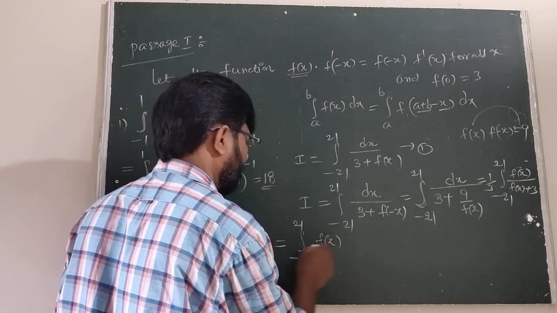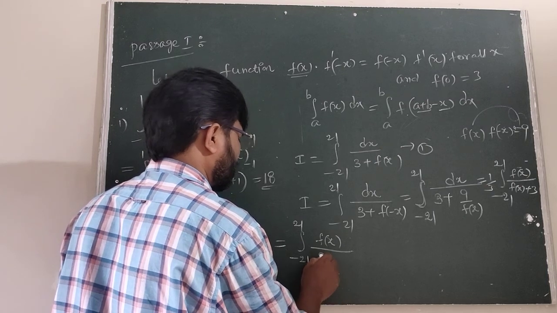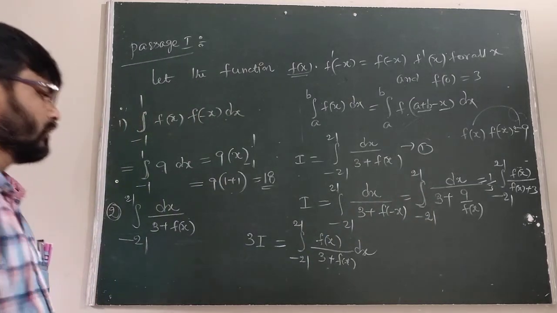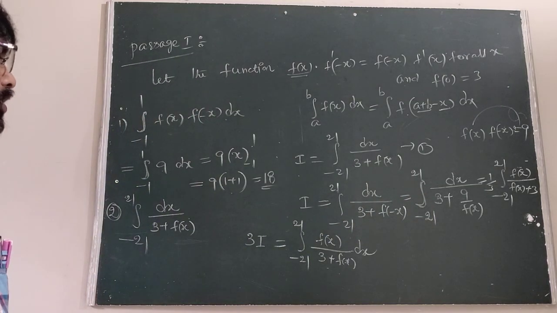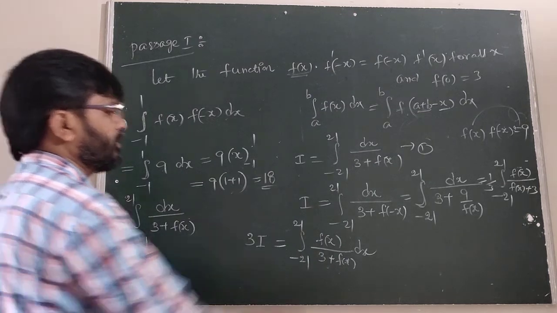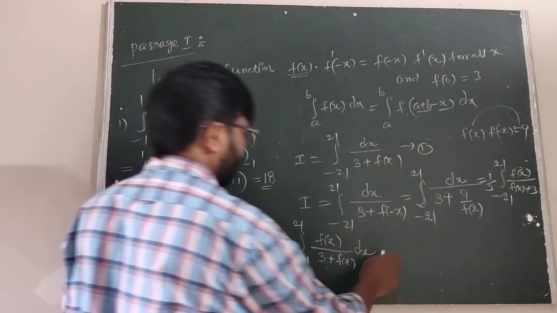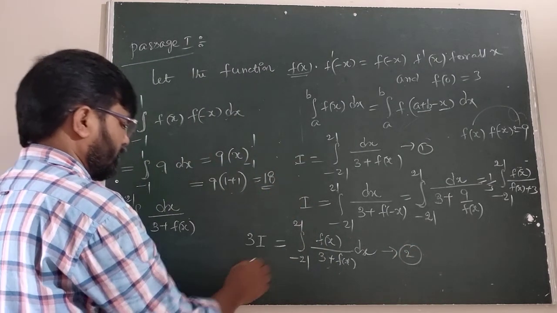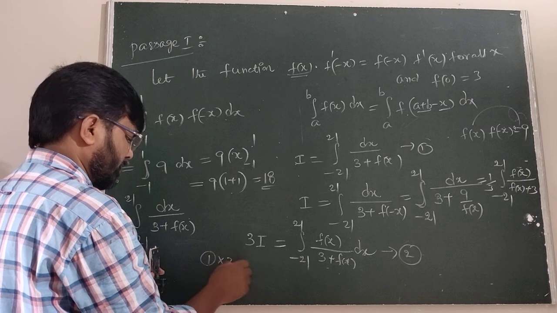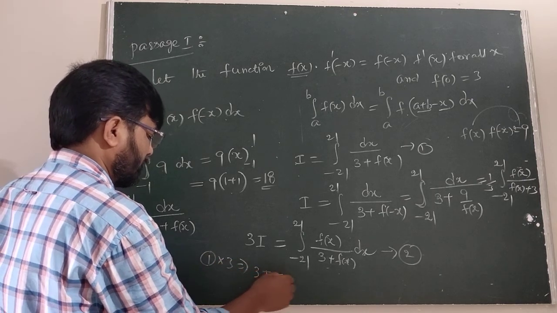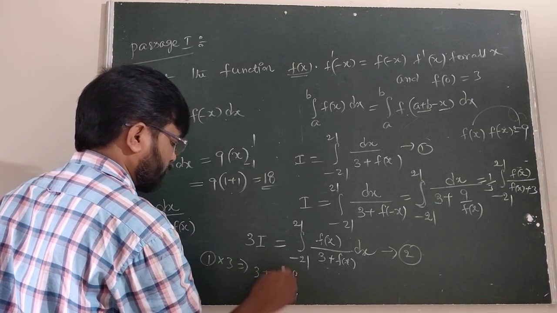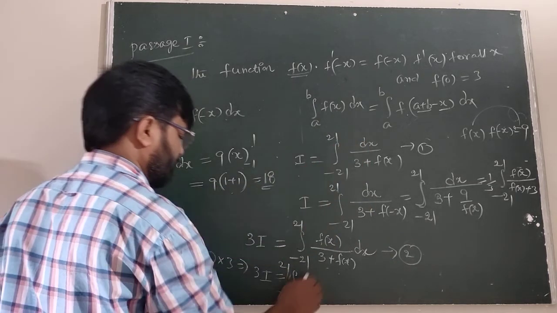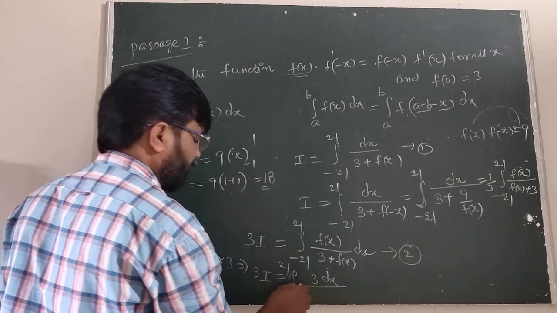of f of x by 3 plus f of x dx. Is it clear or not? Therefore, equation 1 is multiplied by 3, so 1 into 3 becomes 3I, equals the integral from minus 21 to 21, of 3 into dx, which is 3 dx,